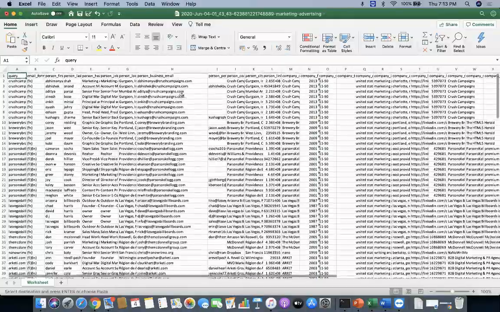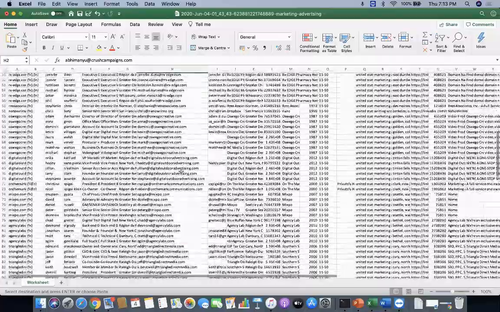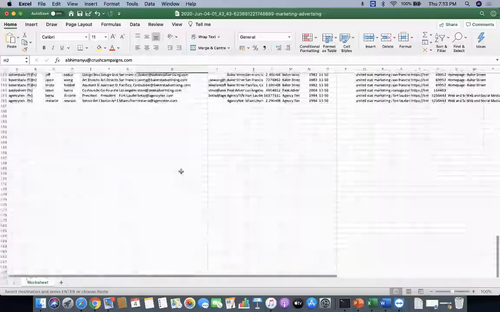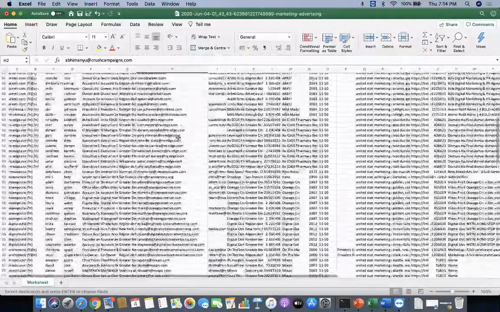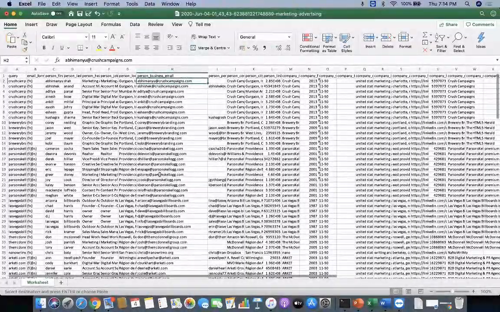So here is the email ID that I see. In no time, you have generated close to 156 different email IDs from different companies.